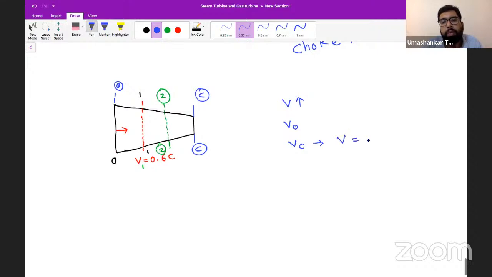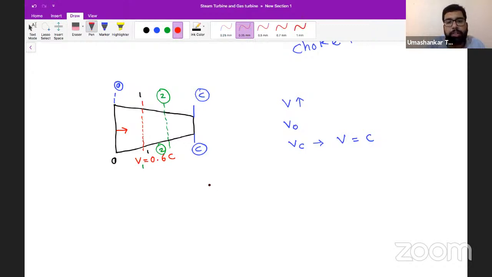That means V is equal to C. So we cannot increase the velocity any further. If we are making the nozzle as a converging nozzle,